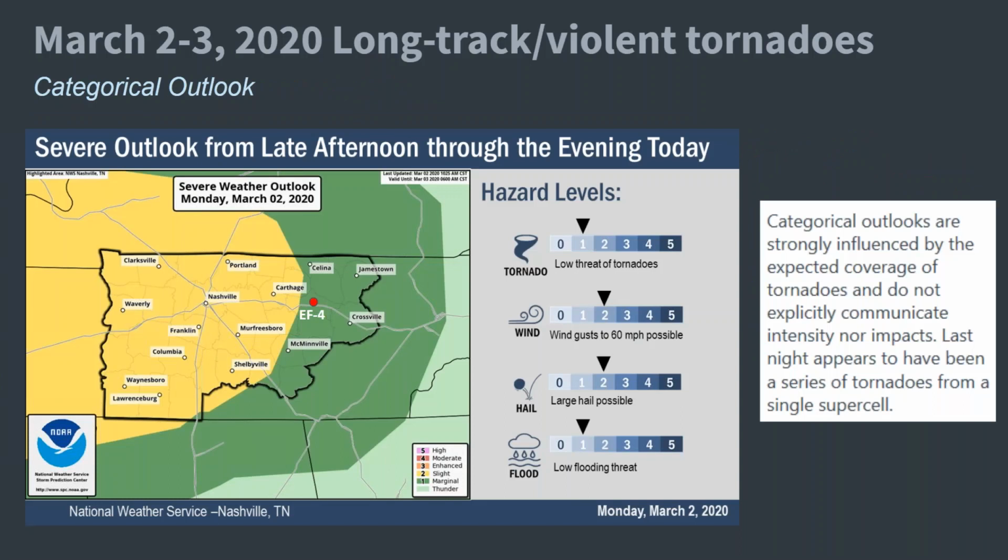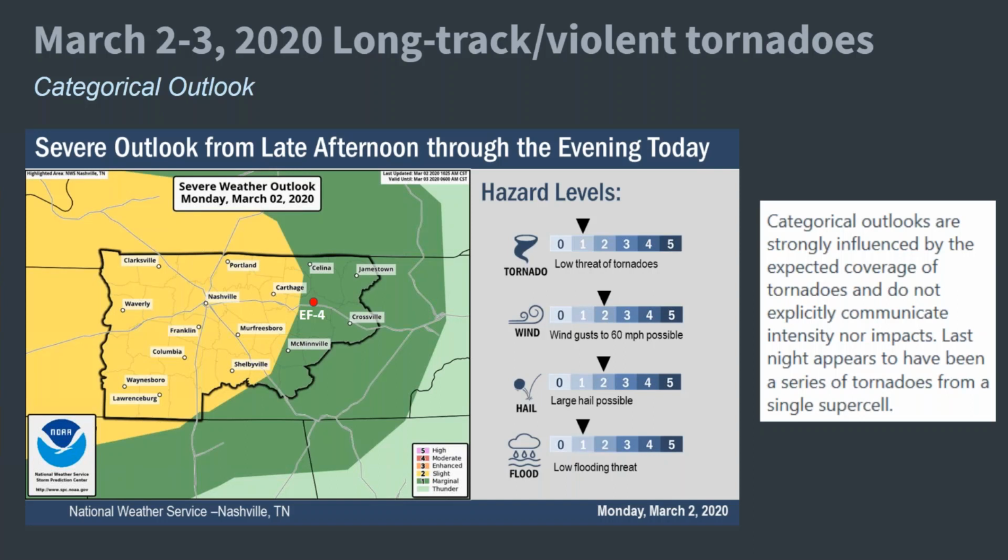And this is a graphic that we had put out earlier that evening, just highlighting, we put a low threat for tornadoes. And one could argue that that was right. It was only 2 long track tornadoes out of that whole area. Maybe that did verify the 5%. And this was a tweet coming from someone at SPC, which again, I don't say this critically, just matter of factly, that categorical